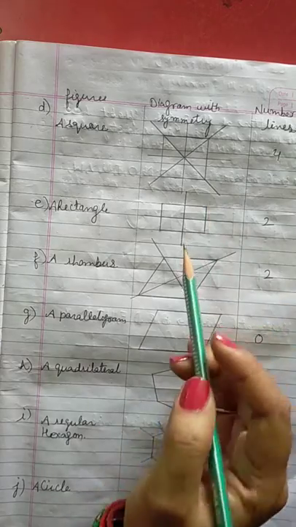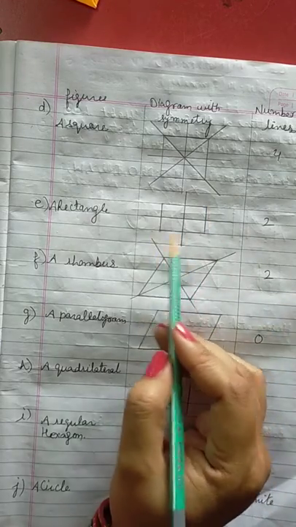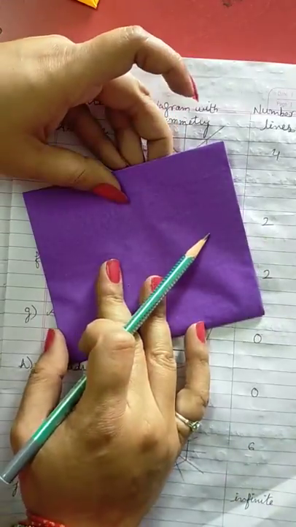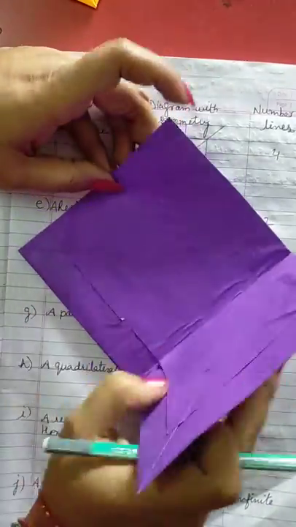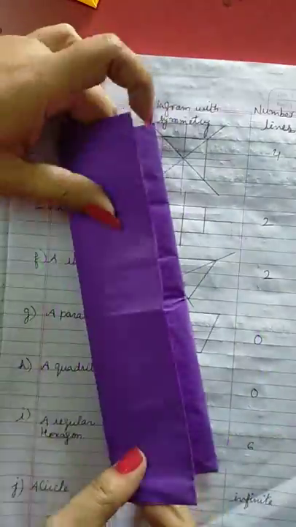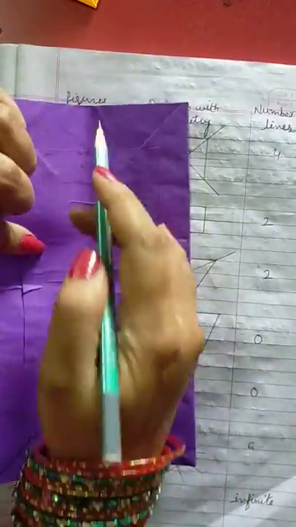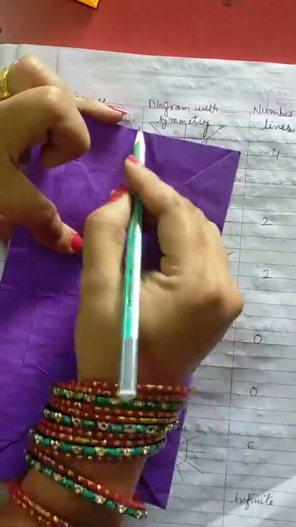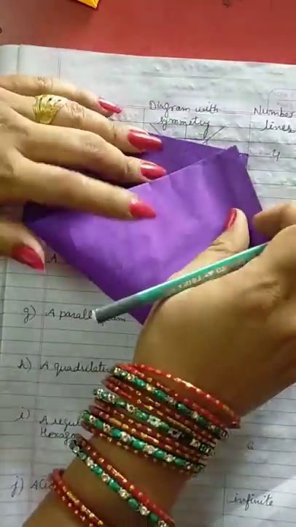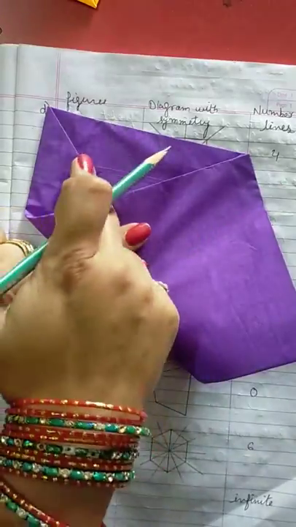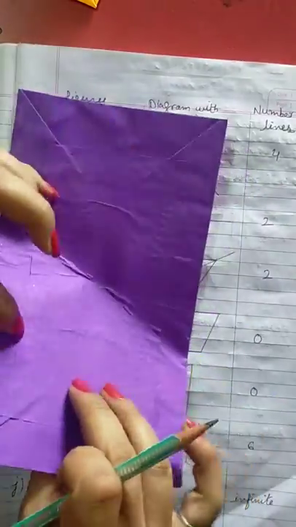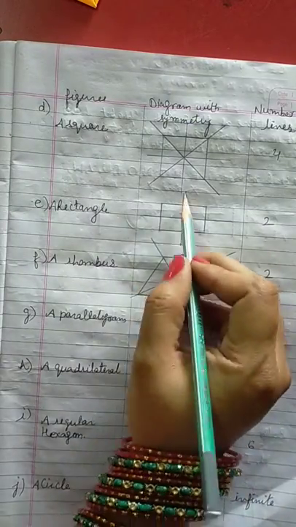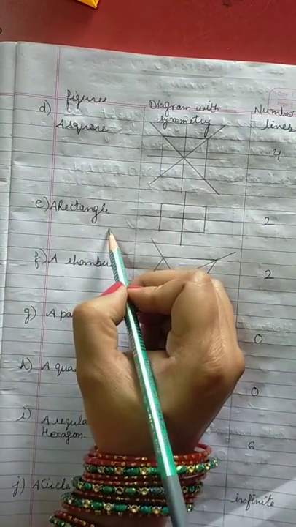Fine. So same here, we have a rectangle. You can see in this rectangle, if I fold in this way, it will overlap this. It means this is a line of symmetry. And if I fold like this, this one is also a line of symmetry, because one part is overlapped by this. But when I fold diagonal-wise, you can see here this one portion is left. It means this portion is not going to overlap. So these are the only 2 lines of symmetry in a rectangle.